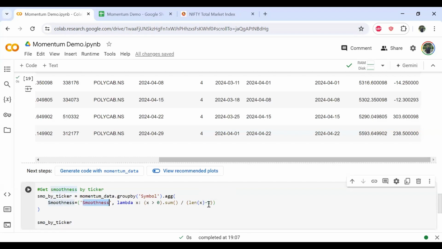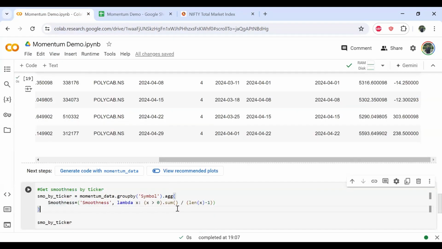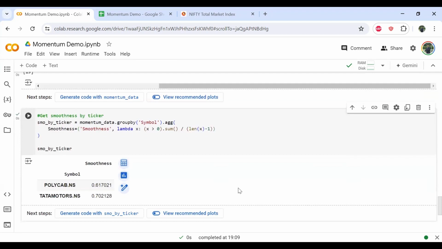I'm doing -1 here because if you see here, there are a total of 46 weeks here, and the first week is empty. So I don't want to calculate or use that measurement. So I'm going to subtract 1 from that. So if you see the output here, you can see for both Polycab and Tata Motors, you can see the